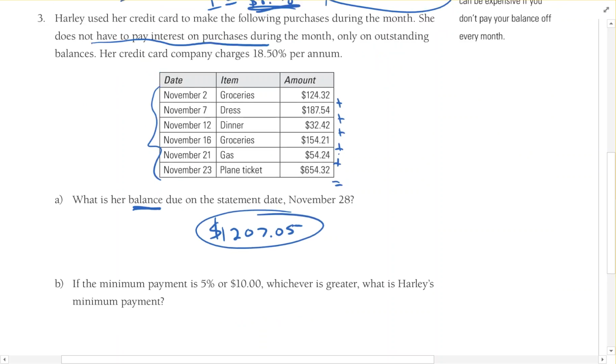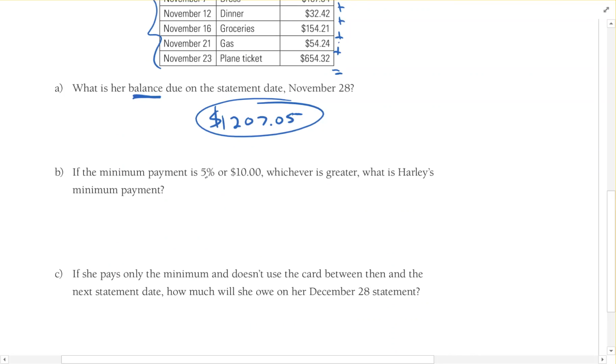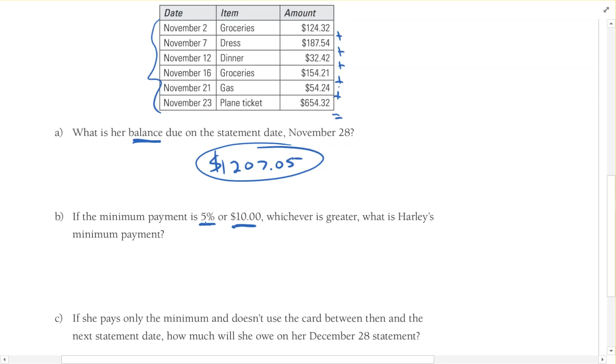All right, B, if the minimum payment is 5% or $10, which is greater? What is Harley's minimum payment? Okay, so in these type of situations, the banks want their money. So they might say something like this, right? So it's going to be 5% or $10, whichever one's greater. They might put that in their clause. So all we have to do here is figure out what is 5% of this. And if it's bigger than $10, the bank wants that. So we just need to figure out what 5% of